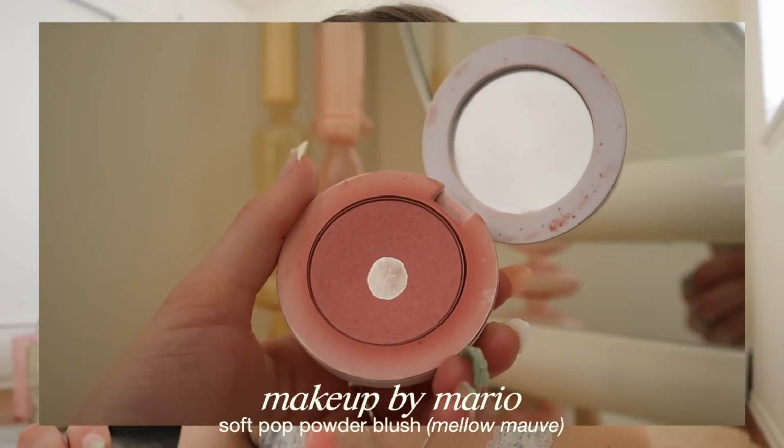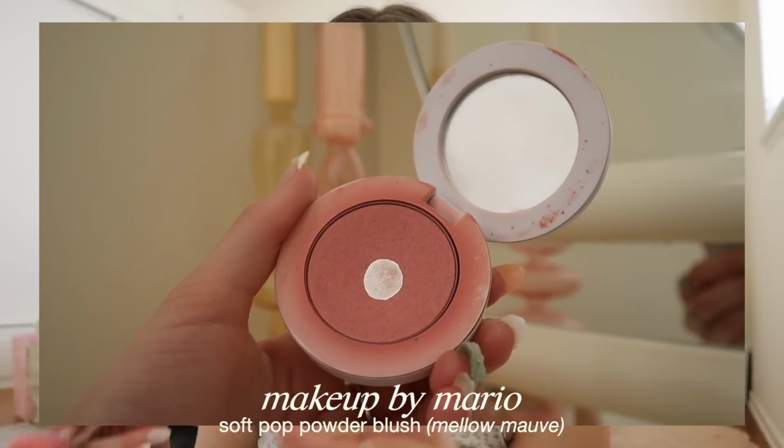I also like to go in with powder, blush, and highlight right after I use the liquid one. So I really like this one from Makeup by Mario. It's really dirty. This is in the shade Mellow Mauve, and this is the Soft Pop Powder Blush. I really like this one. I've used quite a bit of it. I try just to use a little bit, and I'll kind of just tap it very gently because this one is pretty pigmented,